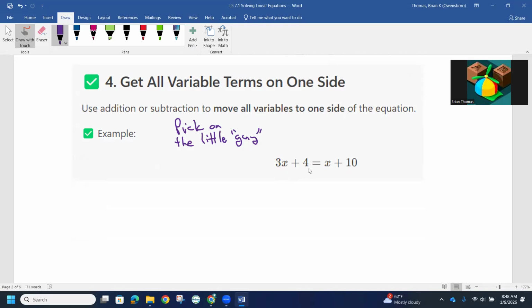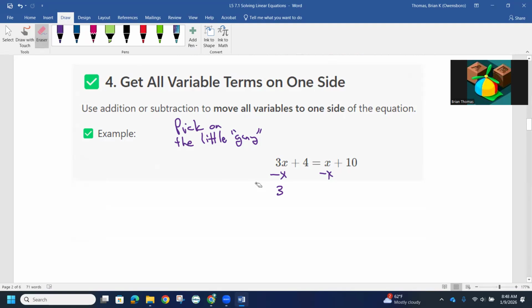So notice how this is an equation because there's an equal sign. And what I want to do is find the value of x that makes each side equal. I could guess and check and see if I could find it by randomly guessing. But also what I can do mathematically is try to get x on one side of the equation. So what I'm seeing is 3x is on one side and x is on the other side. So I want to zero out this x over here. To zero out that x, I need a negative x or subtract an x. And if I subtract x there, to keep it balanced, I got to subtract an x over here. So this turns the equation into